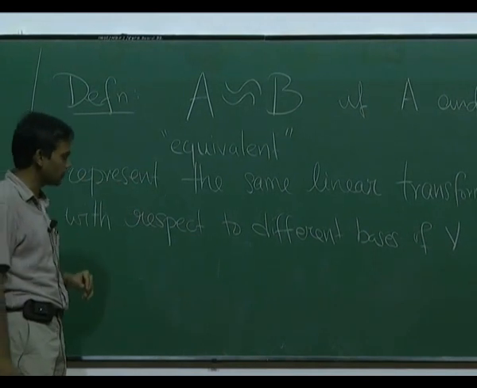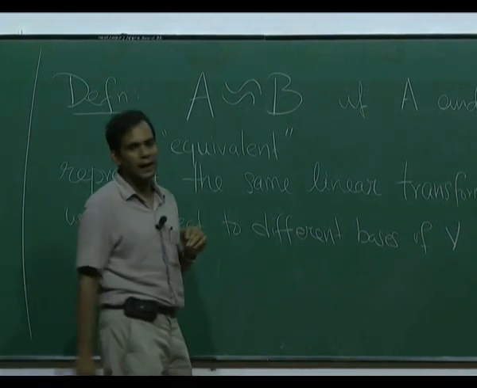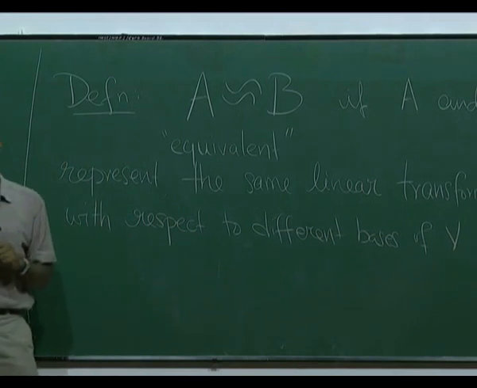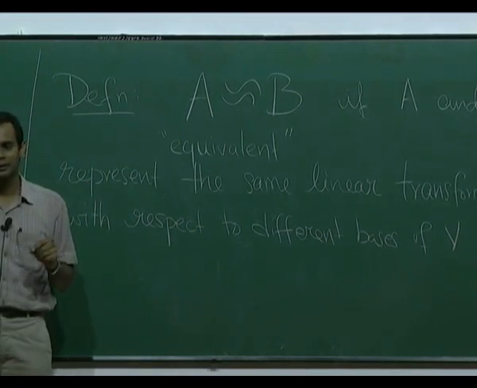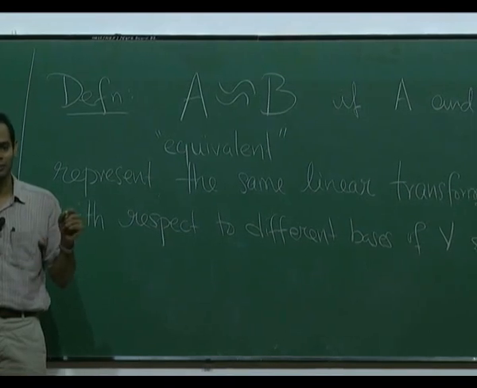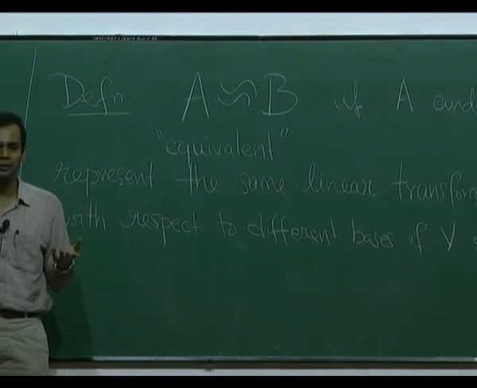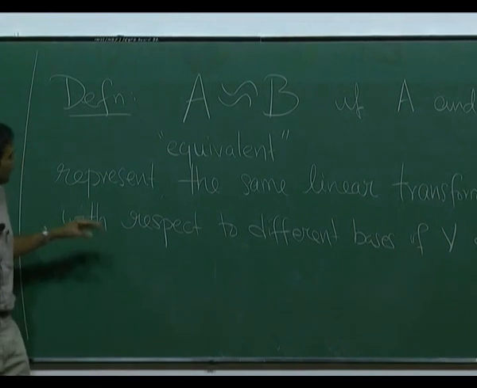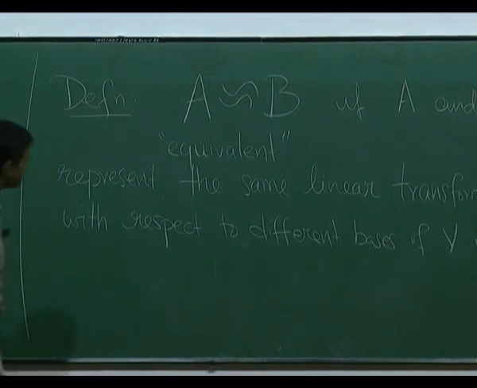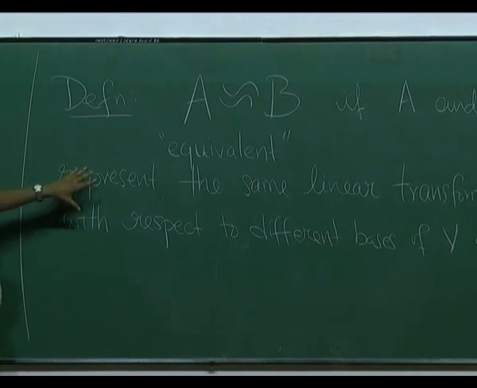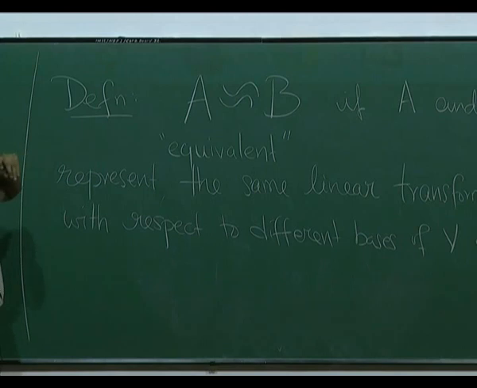If you have a linear transformation, you can talk about its rank, and if you have a matrix, you can talk about its rank. And it turns out that the rank of the matrix is the same as the rank of a linear transformation that it represents. So, it follows that if two matrices are equivalent, they have the same rank. So, this is clearly an equivalence relation, and I will let you think about that.